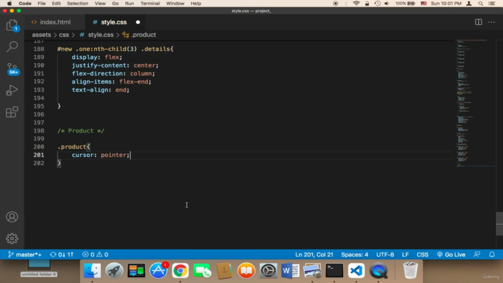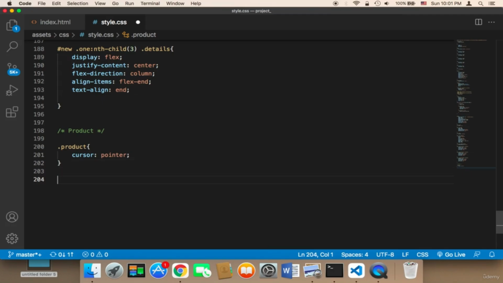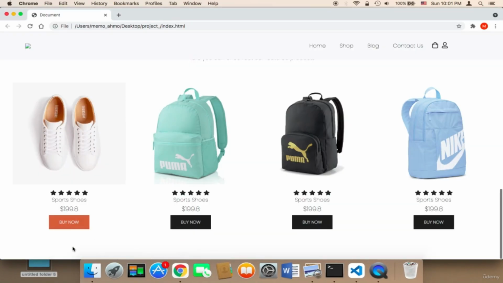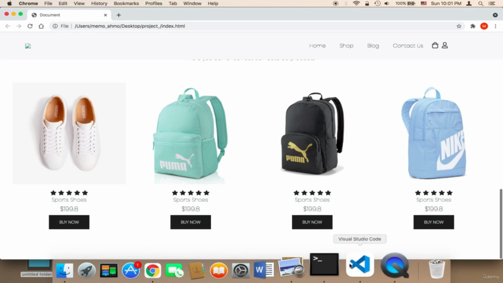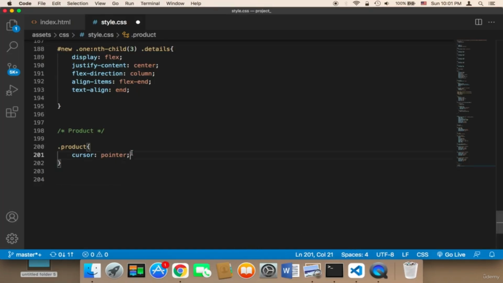Cursor pointer will make this icon clickable. Whenever you hover over it, it's going to be clickable. So this is for the product, and I'm going to also give it margin bottom. So I'm going to add here some margin because I want this margin in order not to interfere with the next section. So I'm going to say margin bottom